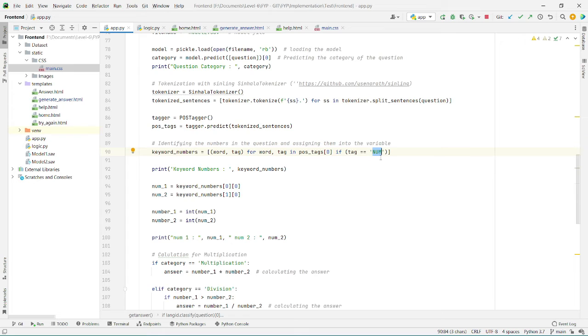Now every question has numerical values, which was shown in the UI demonstration. In that question also there were two numerical values.